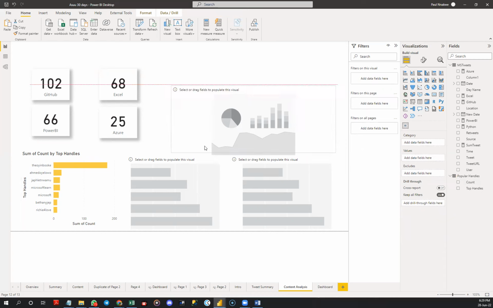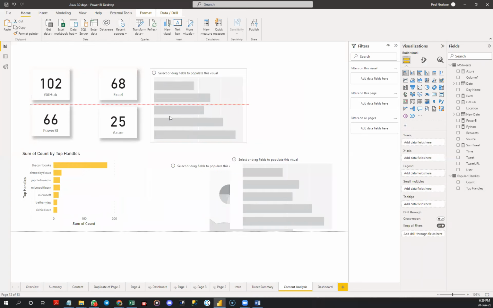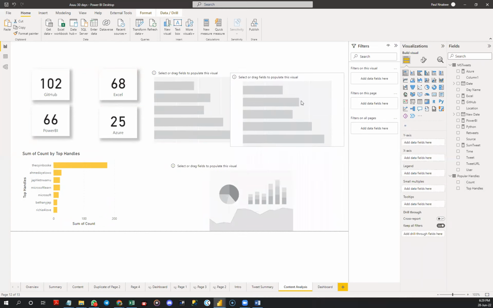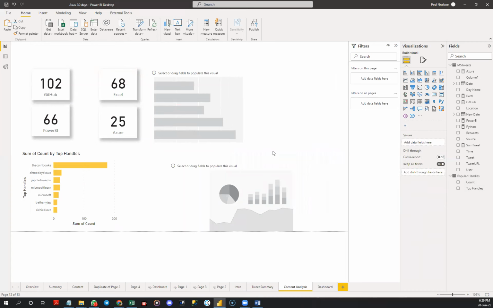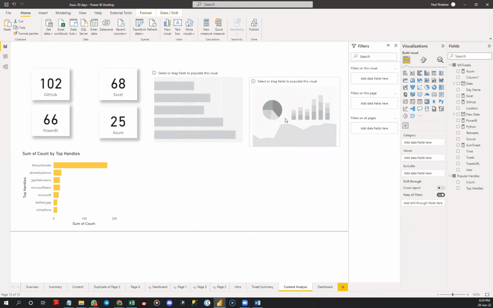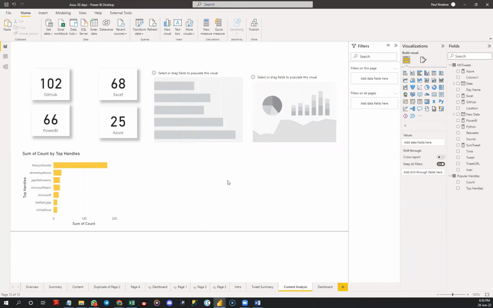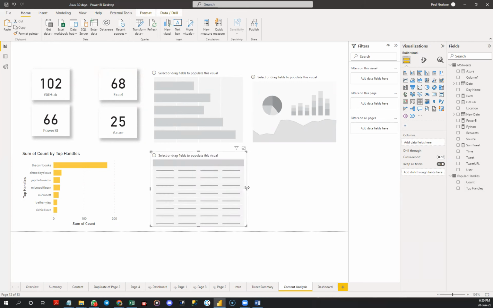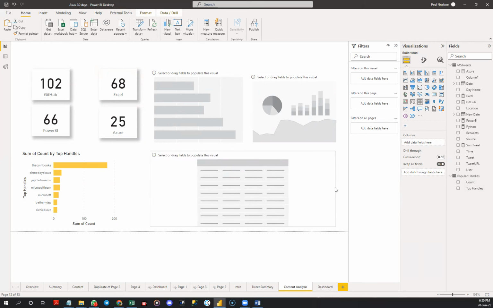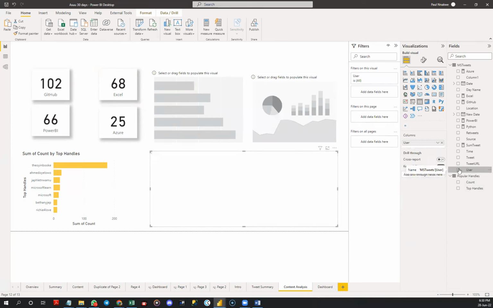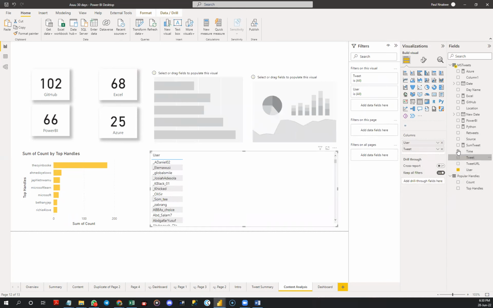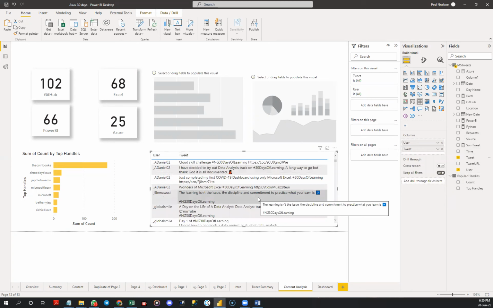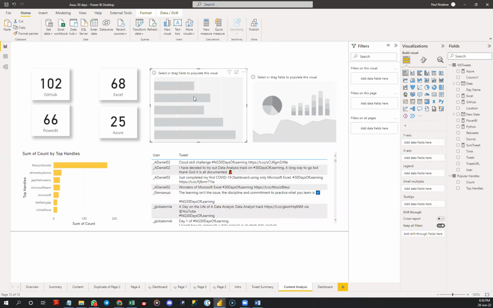Why not do a map here instead? Do a map and pick this up. Pick this up. And put a table here. So in the table, I want to put user and their tweets. Right. So here I want to add